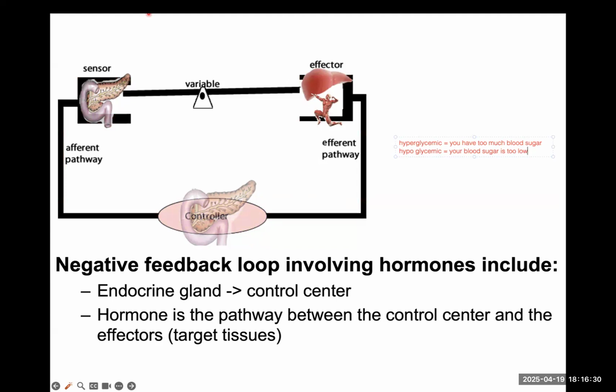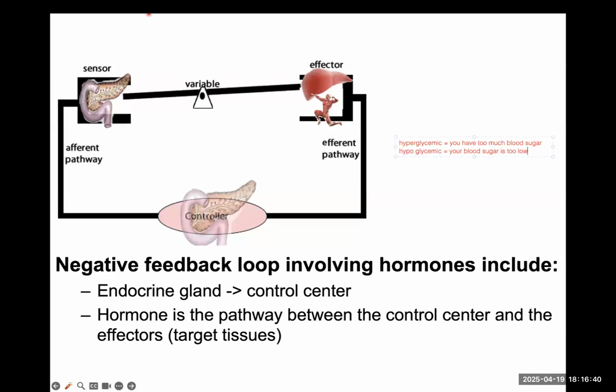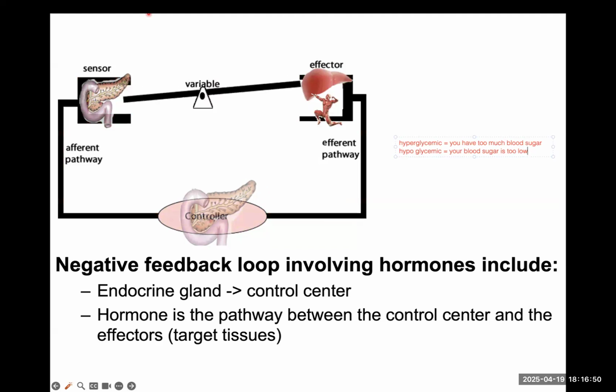This is also how your toilet works, by the way. Your toilet has this little balloon on top, and when the water fills, it's a floater, so the floater will move up and it'll turn off the sensor. So that's how it works. On a side note, there's also a positive feedback loop, and that happens during childbirth.